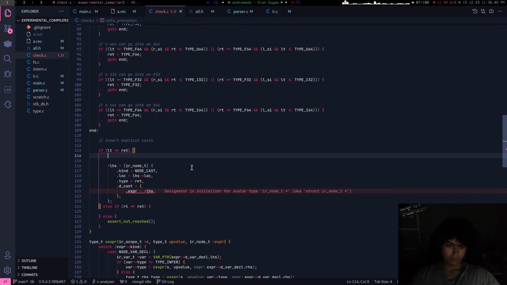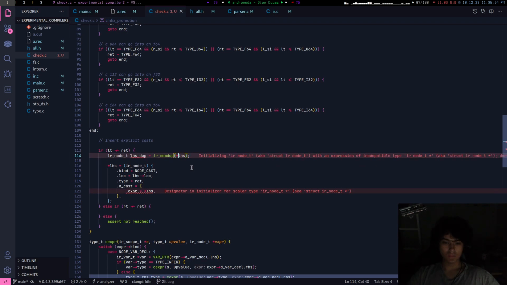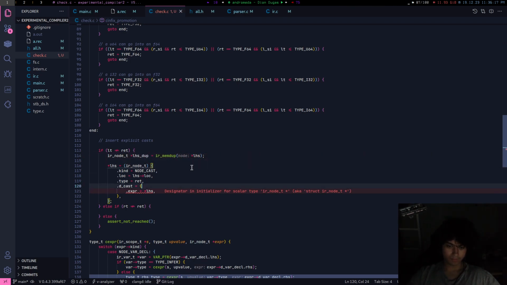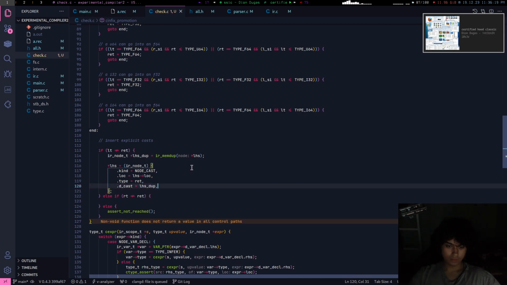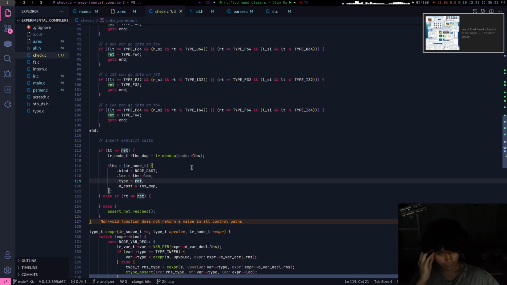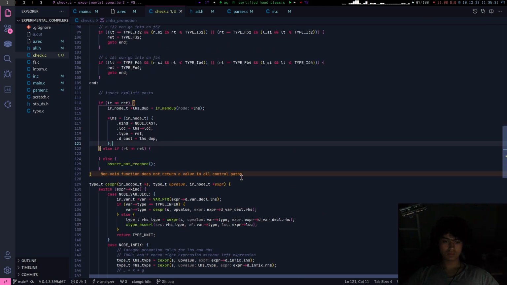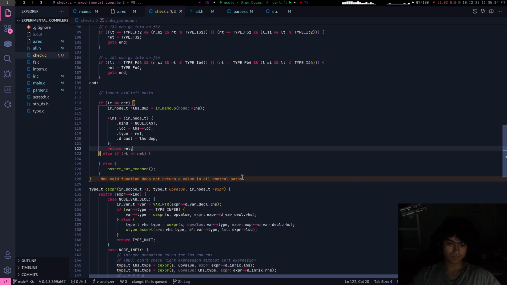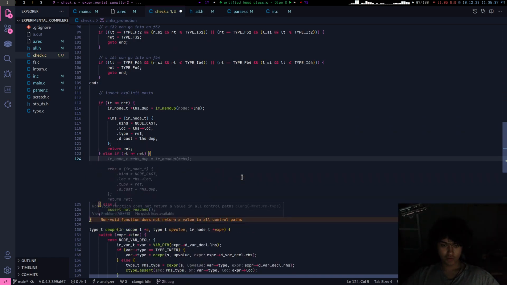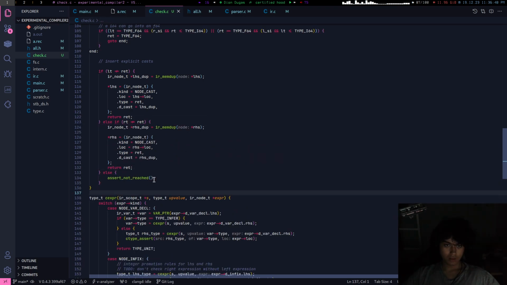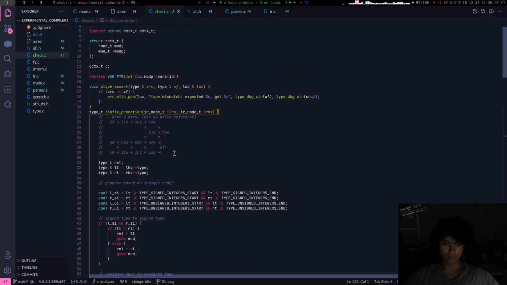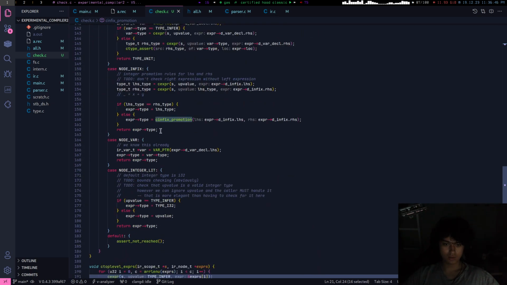Okay. Pointer. And type equals rat. Cool. And on the left-hand side, you know how to do the right-hand side. Set explicit casts. Okay. Well, let's see if this works.